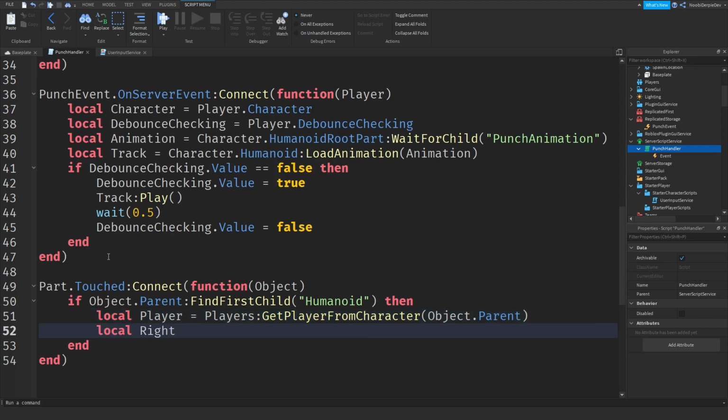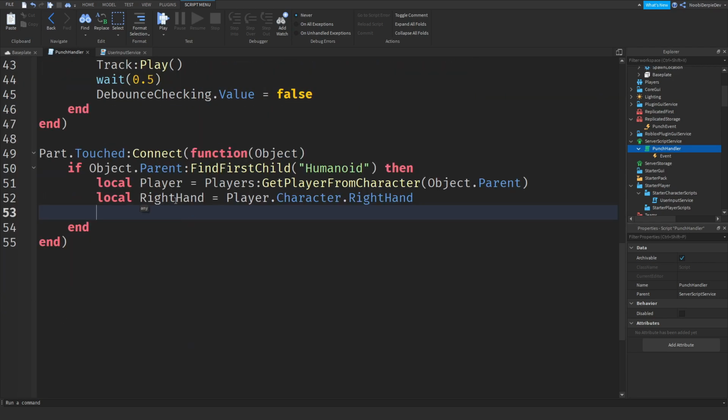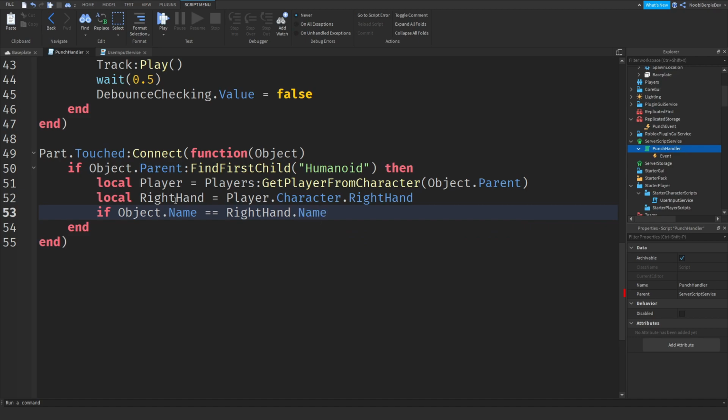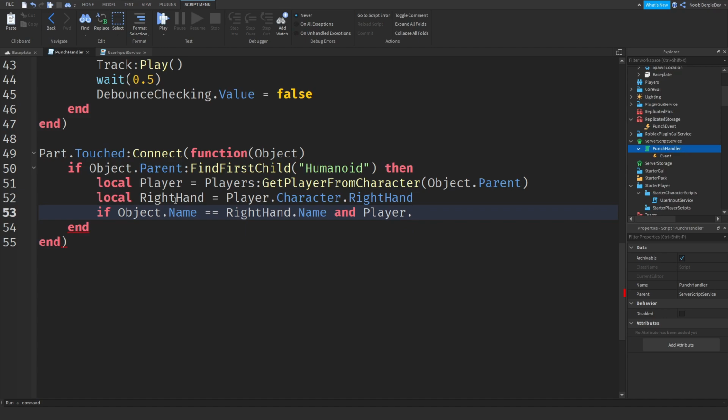So now local right hand is equal to player dot character dot right hand. So now we're going to be checking a lot of things. So if object dot name, so if the thing that touched it is called the right hand, because maybe someone's going to rename the right hand, so we're going to be checking for it. And if the thing that touches it is the name of the right hand, and you have a debounce, so like if you're punching, and player debounce checking that value is equal to true,